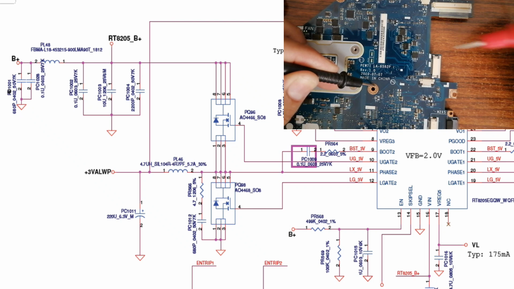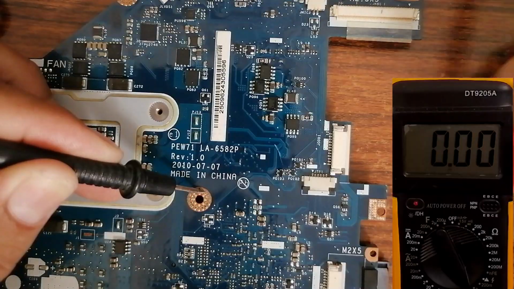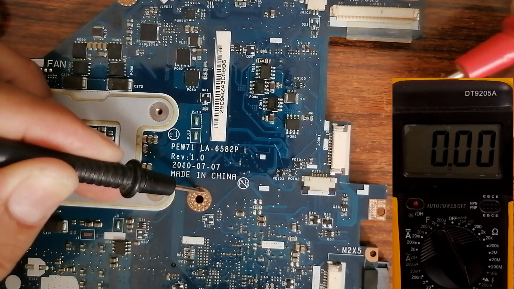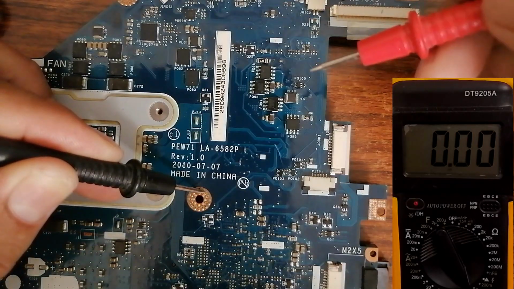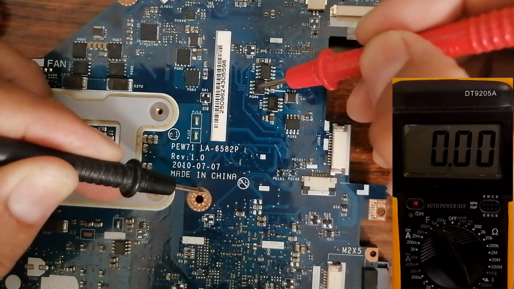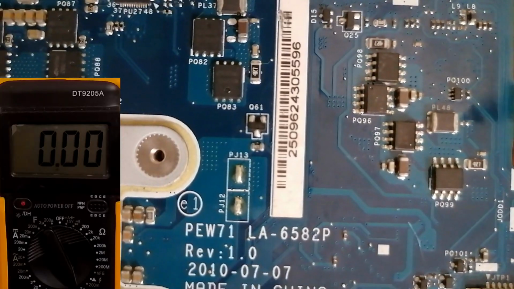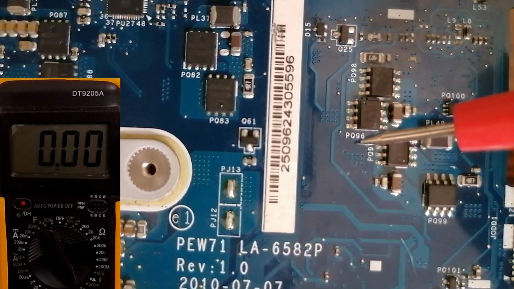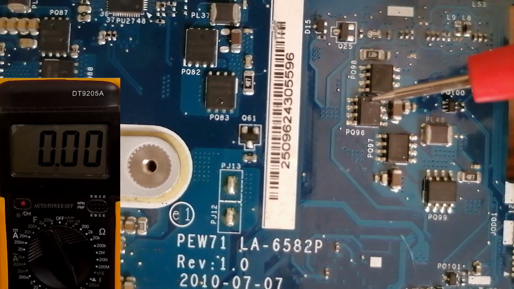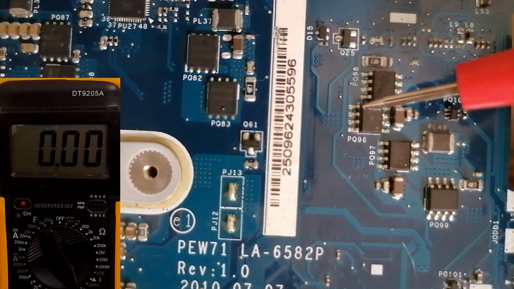Now let's see this MOSFET. As you can see, do you see this MOSFET PQ96? Also the drain of this MOSFET is connected to 19 volt. So let's see the drain of this MOSFET. PQ96, where is PQ96 here? This is it. So if you focus here for PQ96, we have this dot here, which means this is the pin